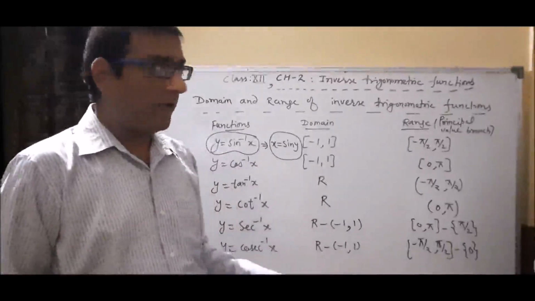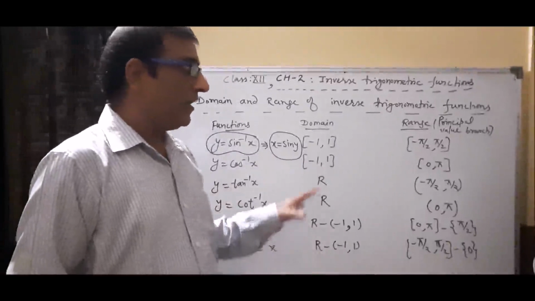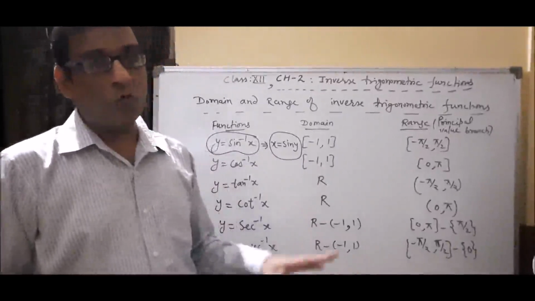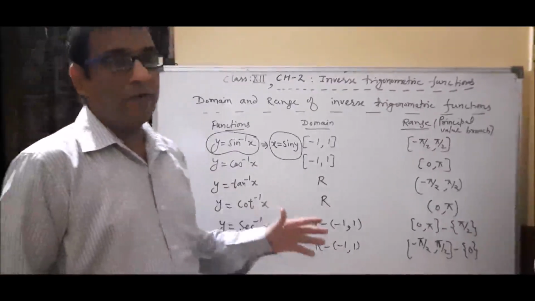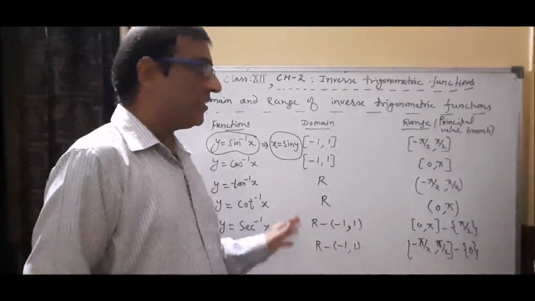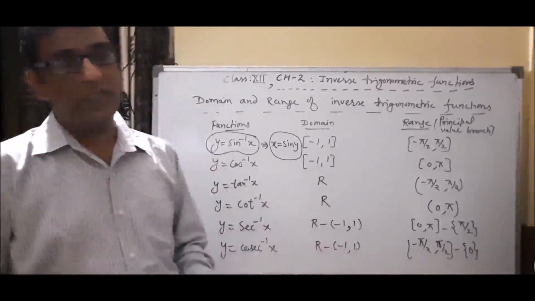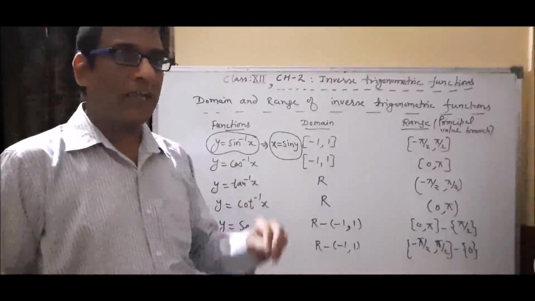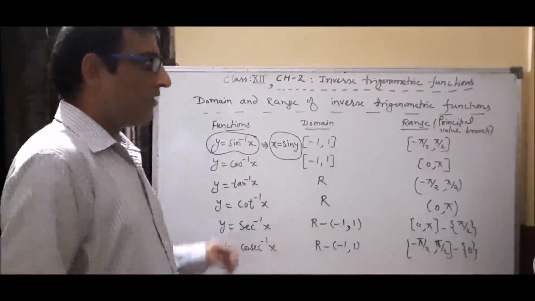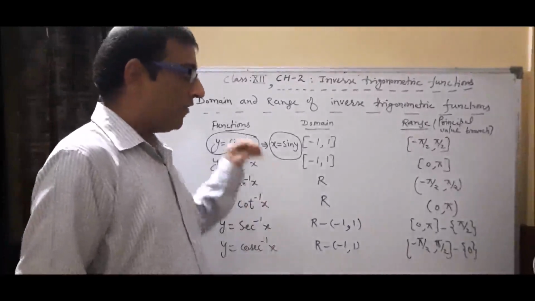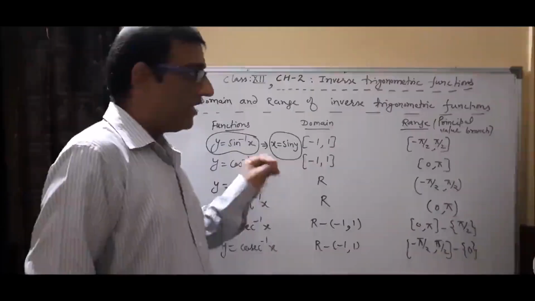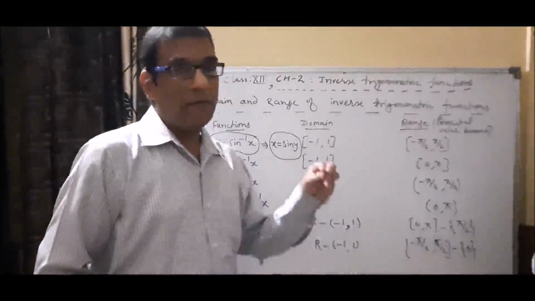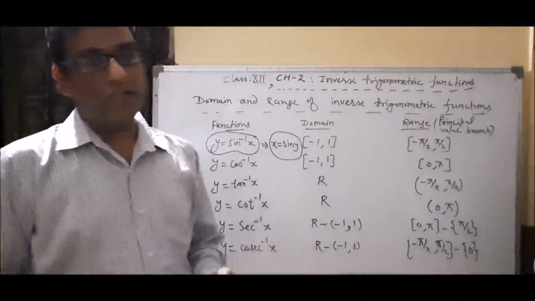And this time in this chapter we will go only with 2.1, that is related only with the principal value, and other things such as graph or some properties of inverse trigonometric function are not in our course this session. That's why this table is very important. With the help of this table, we will solve any question which is related with the principal value branch.